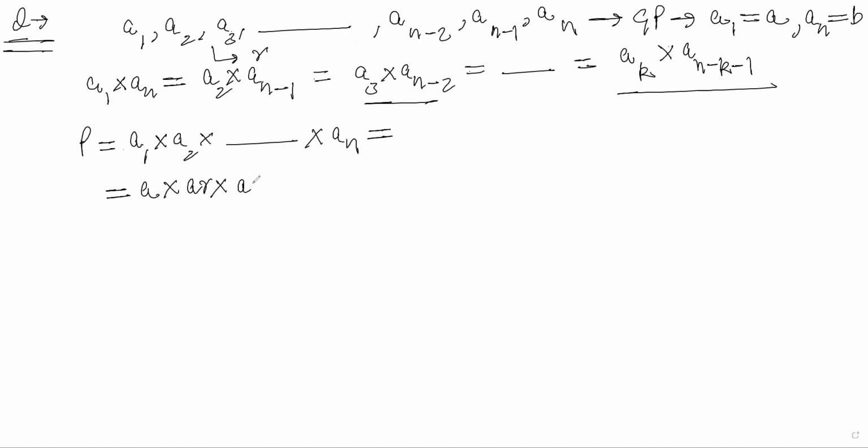AR square. Correct. What should be the nth term? AR to the n minus 1. Correct. ठीक है जी, अभी मेरे को ये भी पता है कि an मुझे b दिया हुआ है, यानी कि क्या मैं ये बोल सकता हूं a इंटू r की पावर n-1 b है।